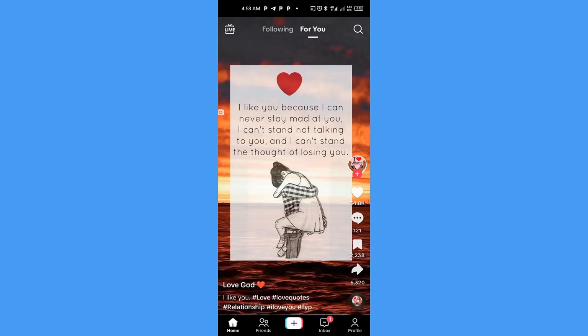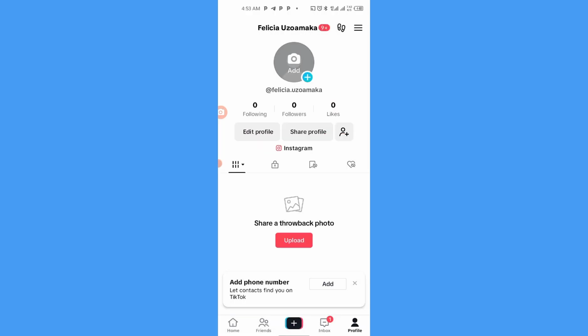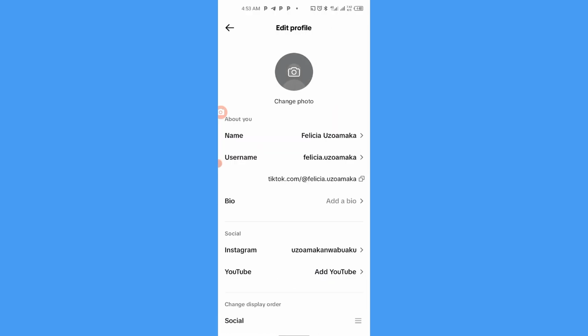Tap on your profile, the fifth icon there. Now also tap on edit profile. Looking at this edit profile, you see that my website is not there. What I have to do now is to go back,